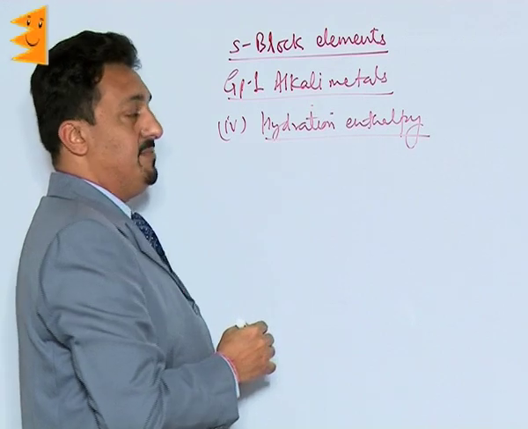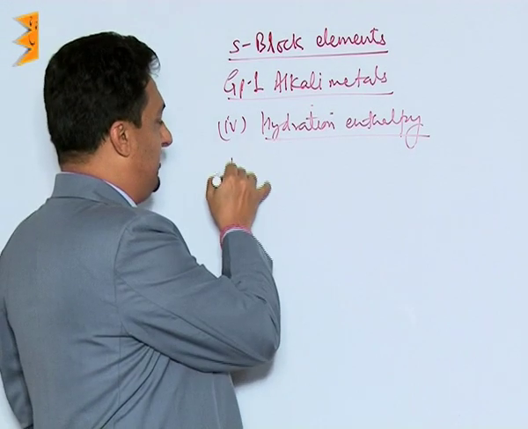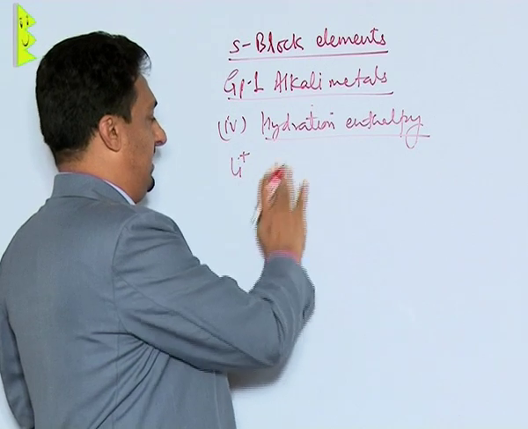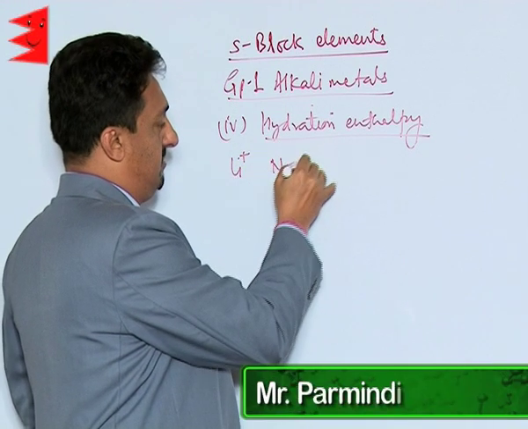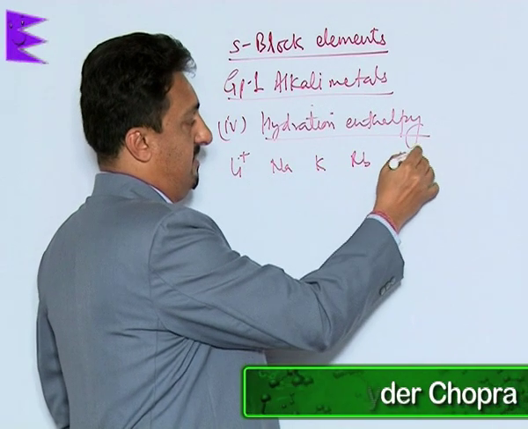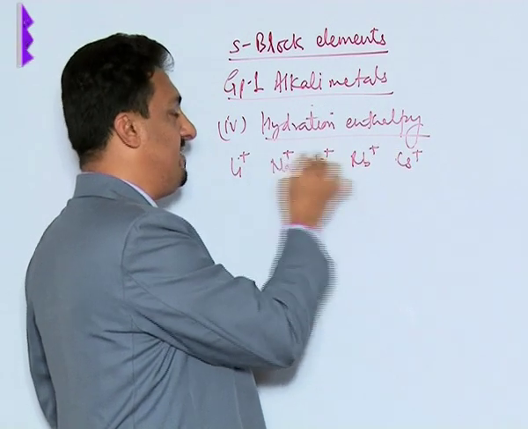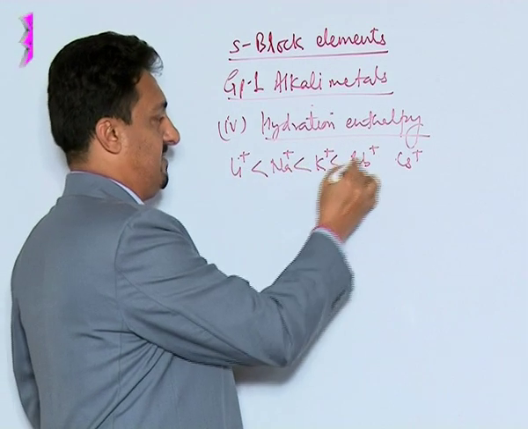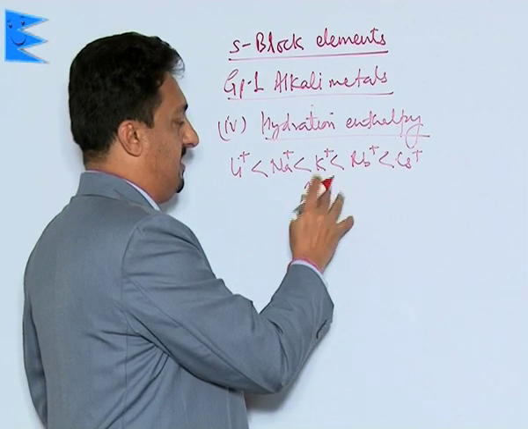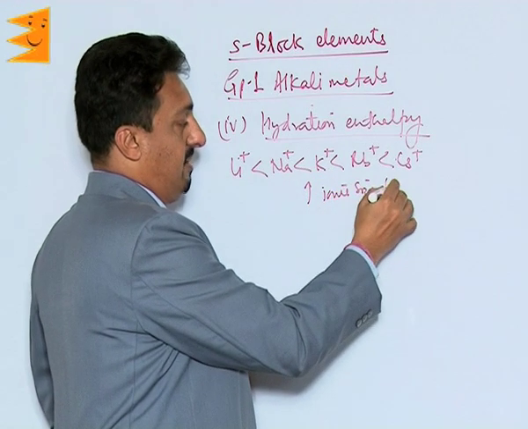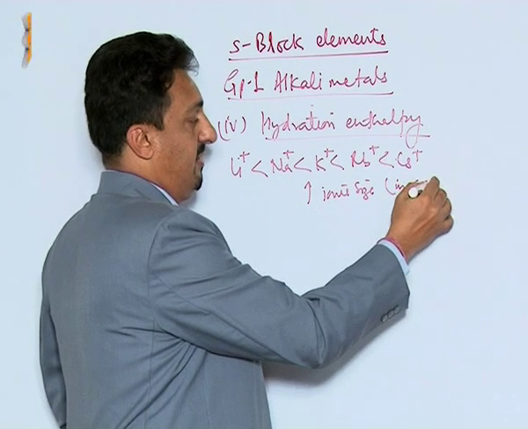Now, what does hydration enthalpy mean? We know lithium, sodium, potassium, rubidium and cesium. If we take these ions, their sizes are like this, so this is increasing ionic size. Now remember, in gaseous